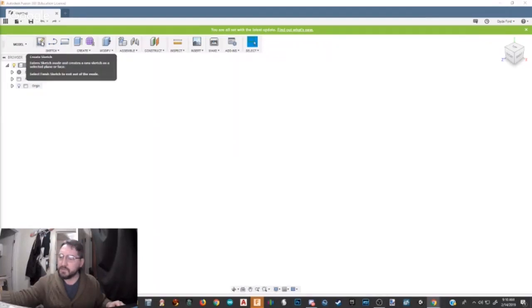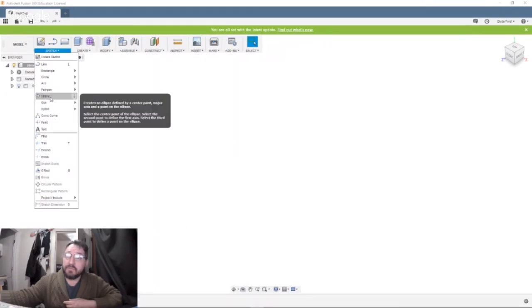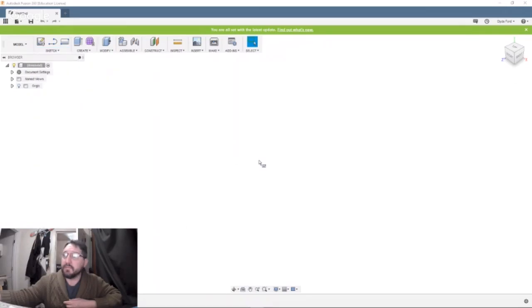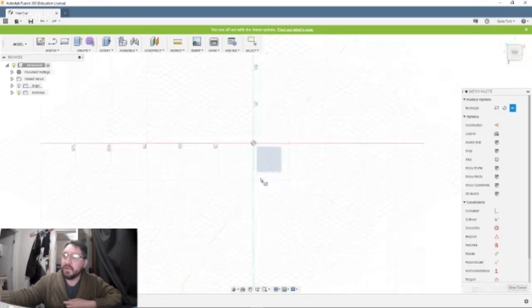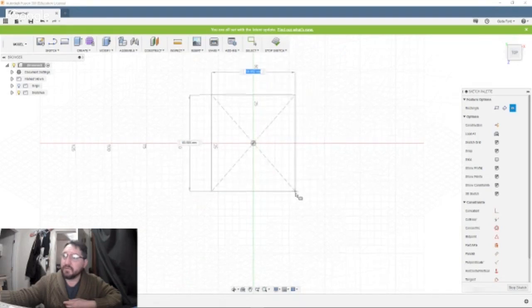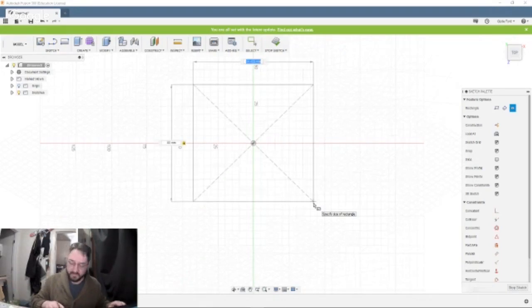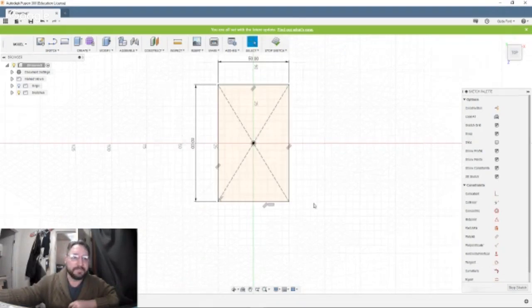All right, so our first goal is to decide how we want to do this. There's a couple of different things we could do. I'm not in love with either one of them, to be honest. But what we'll do is we'll start with our little square, our happy little square. Wow, this is so weird trying to do this without a regular mouse. Let's see. So we wanted to try a 50 by 80. So this is going to be our 80. This will be our 50. That's going to give us our little rectangle.